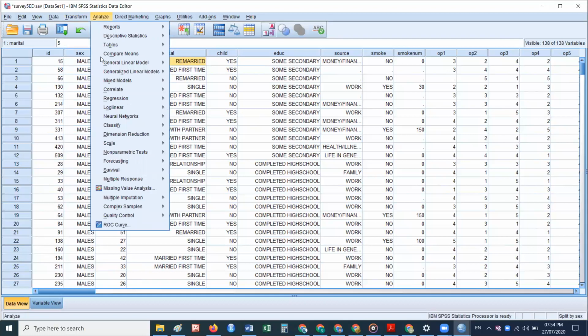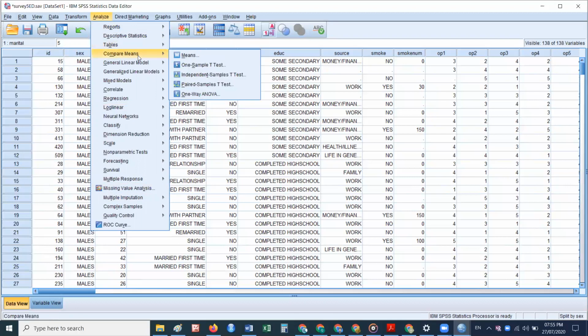Now the next option that I'm going to describe here is analyze. One of the very important options is analyze, because all the menus of SPSS in which the statistical models are to be defined are here in analyze, starting with reports, and then descriptive statistics, tables.